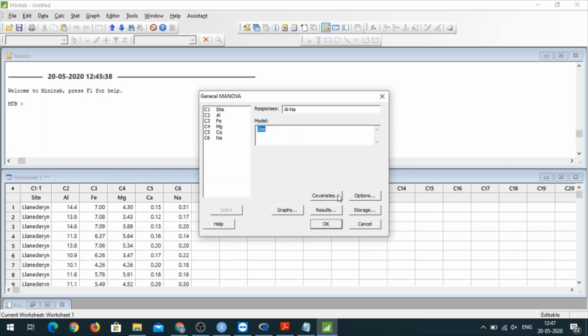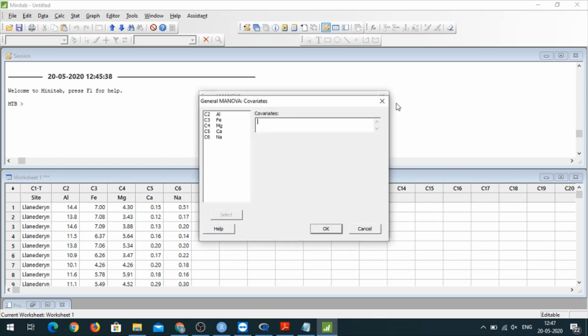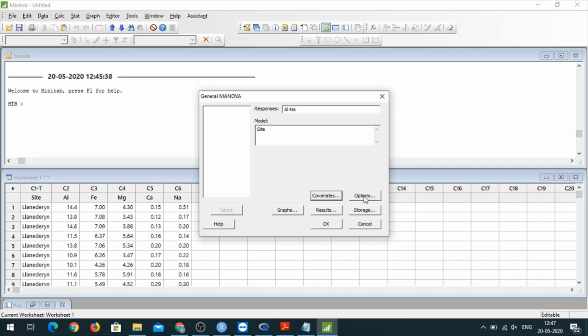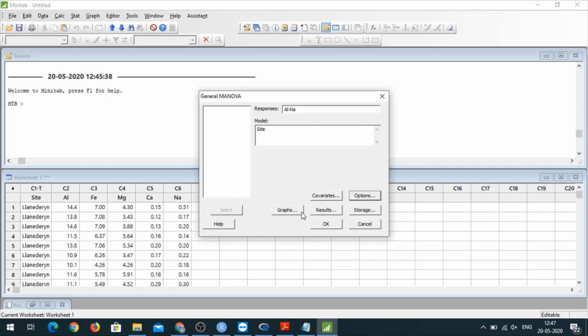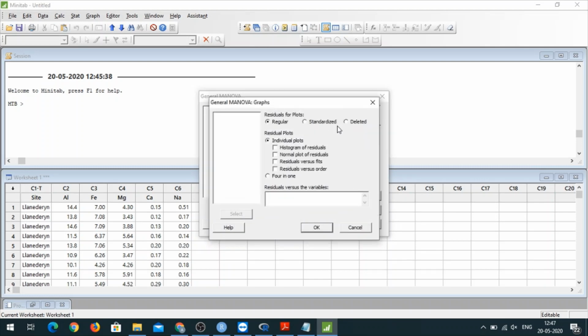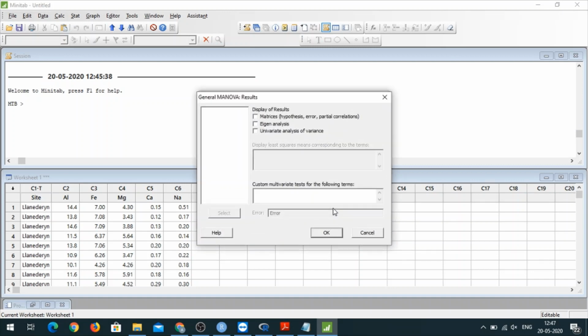Okay, then we don't have any covariates. Covariates is when you have something like ANCOVA, but we don't have any, so we leave this blank. Options, we don't want weighted fits, so no change here. Graphs, residual plots if you want, but right now we don't want anything. Results, okay.